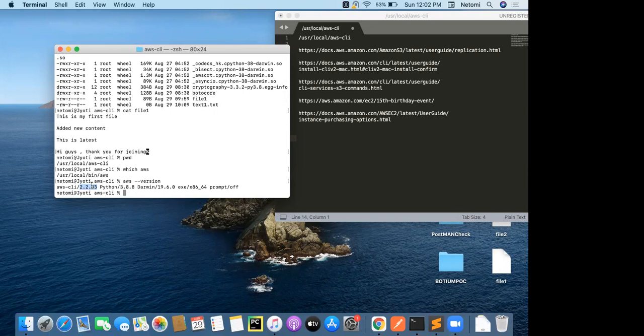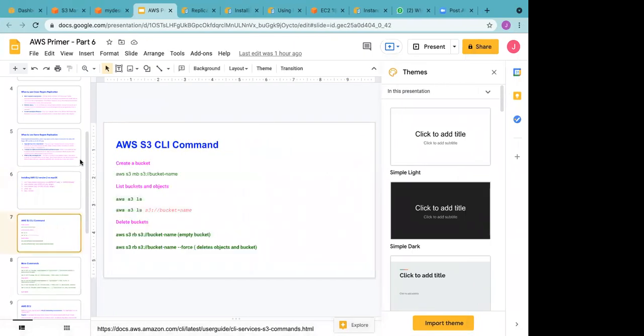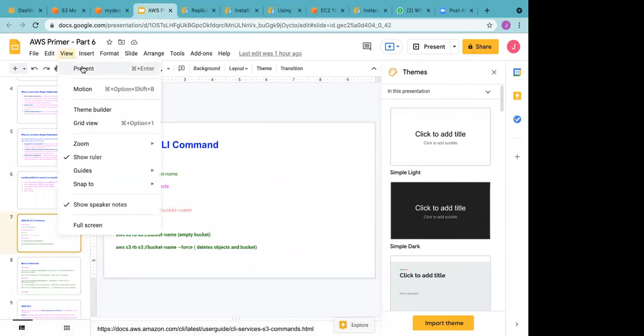This documentation gives you a method to install a specific version as well. If you have Python in your system, then using the pip command you can do this installation. Then you don't need to install the package and do all these steps. So let's study those commands and then we'll perform them.